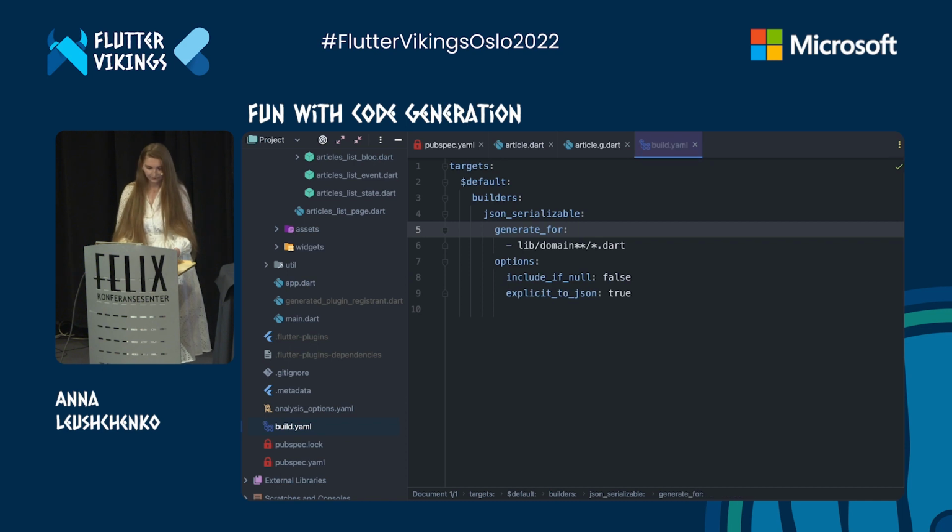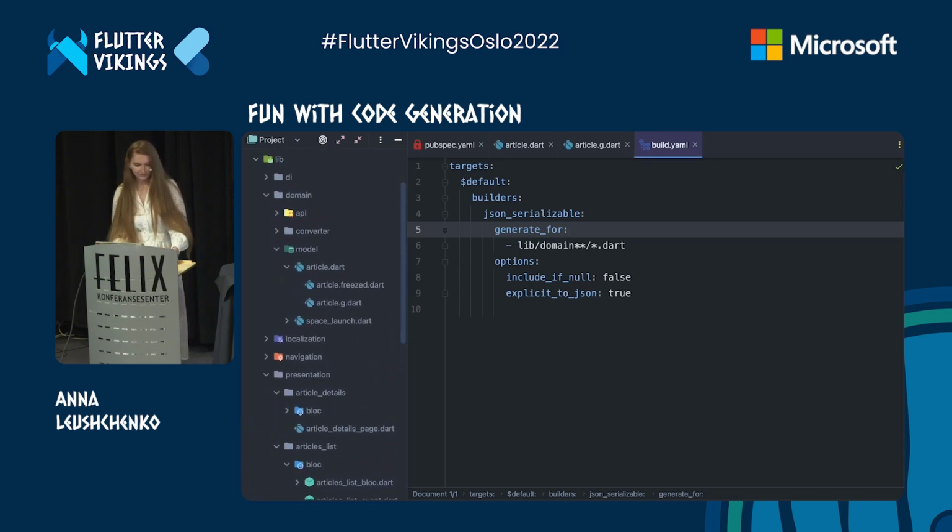The generate_for settings allow to control where the code generating mechanism will look for the source files. Limiting the path to only specific folders speeds up the code generation and also enforces developers to follow a particular package structure when organizing the project. This is especially valuable when working with large teams. The JSON serializable package exposes many more configuration points where you can control the code it generates. Check out the docs to learn more.